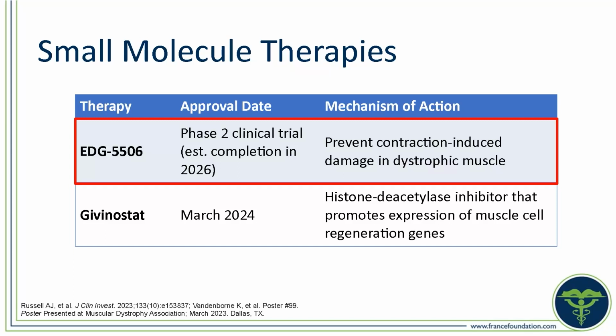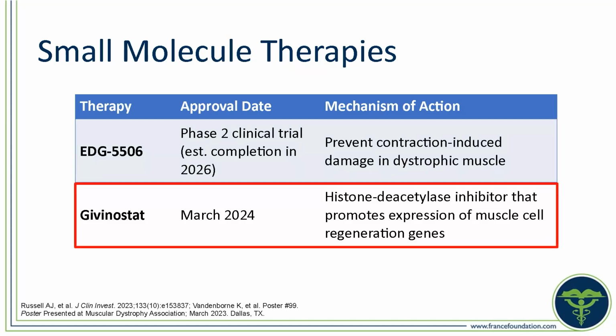It's currently undergoing clinical trials in both phase 2 and phase 3 clinical trials in Becker muscular dystrophy and phase 2 clinical trials in Duchenne muscular dystrophy patients. Givinostat is an HDAC inhibitor, or a histone deacetylase inhibitor, that promotes the expression in muscle tissue of muscle cell regeneration genes. So it works through what are referred to as epigenetic pathways that will actually enhance the regeneration of